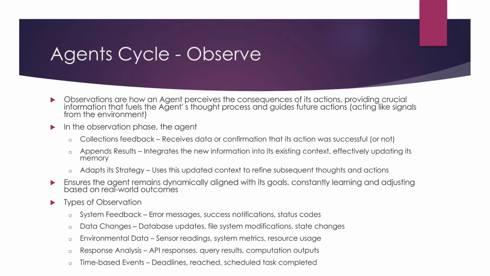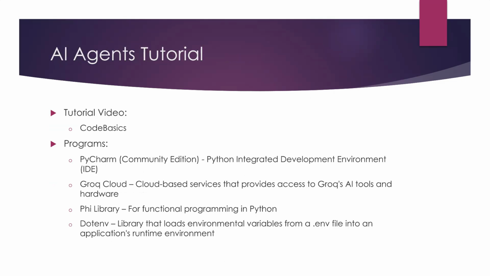real world outcomes. Some types of observation include system feedback, which is error messages, successful notifications, and status codes; data changes, which is database updates, file system modifications, and state changes; environmental data, sensor readings, system metrics, and resource usage; response analysis, API responses, query results, and computation outputs; and time-based events, which are deadlines when they're reached and scheduled tasks completed. In a little bit, I'm going to be showing you a program that uses AI agents in order to